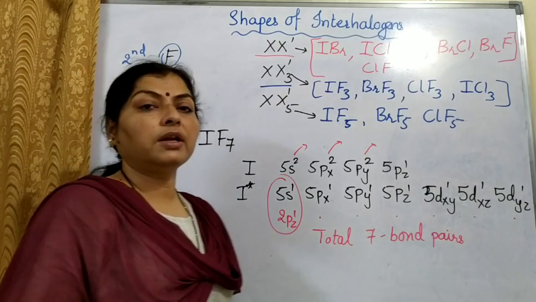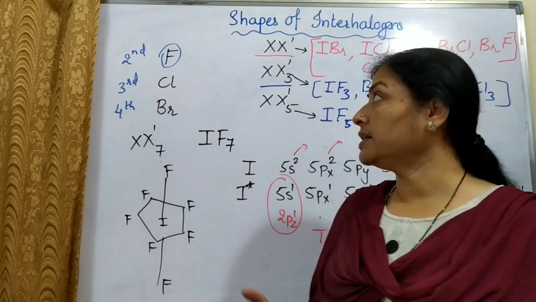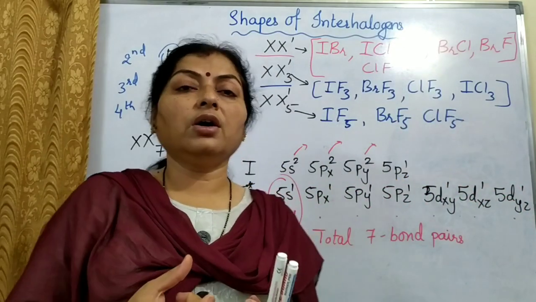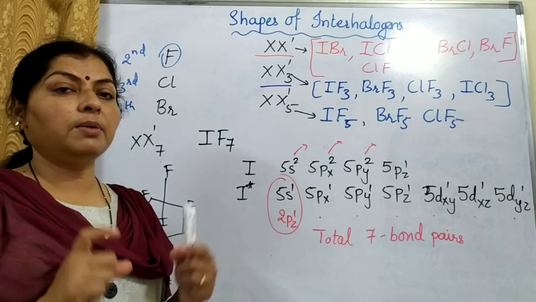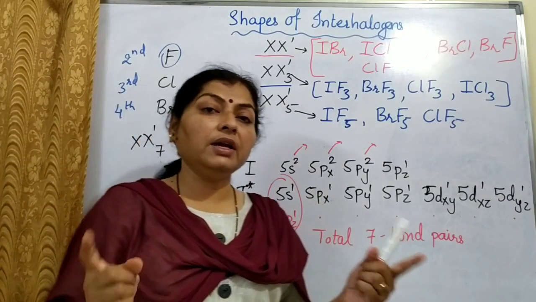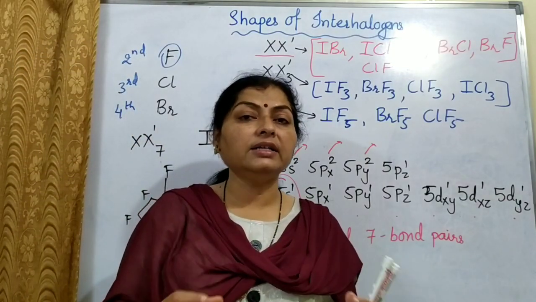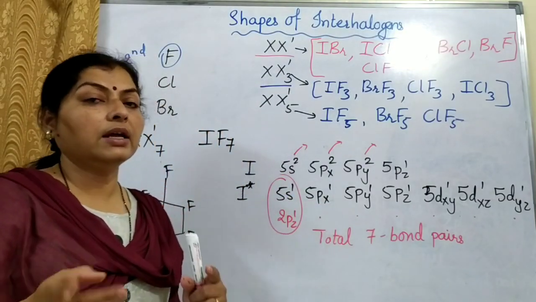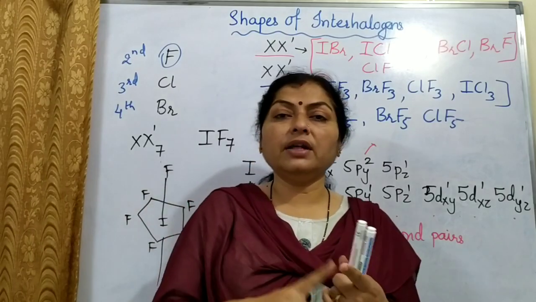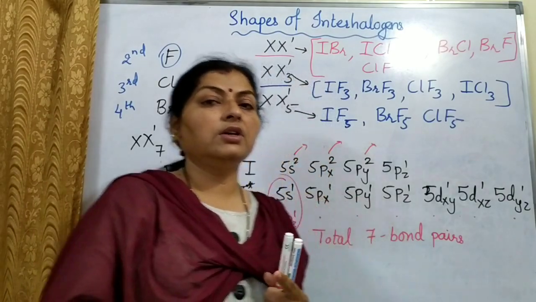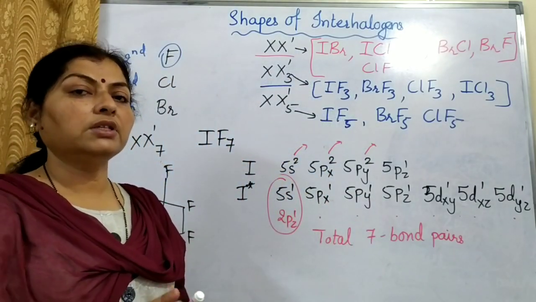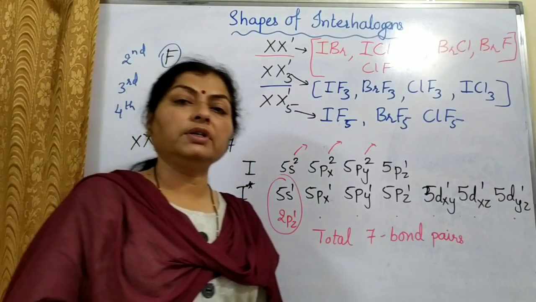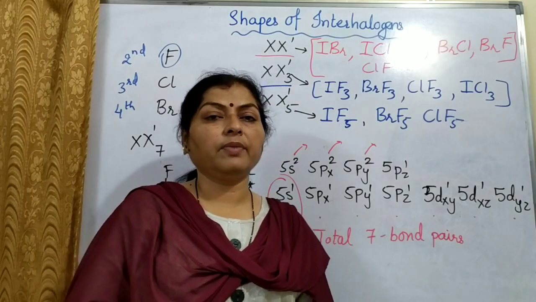So I hope, children, through this video you must have understood which type of interhalogens, what combination of formula, can be formed. The basis is that there should be a large difference in size as the oxidation state keeps on increasing. They combine through oxidation states 1, 3, 5 and 7. So 4 types of interhalogens are possible, and we have also discussed the shapes. The shapes are important, they are often asked in the board exam.